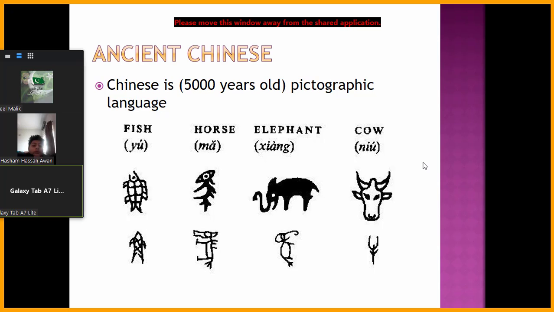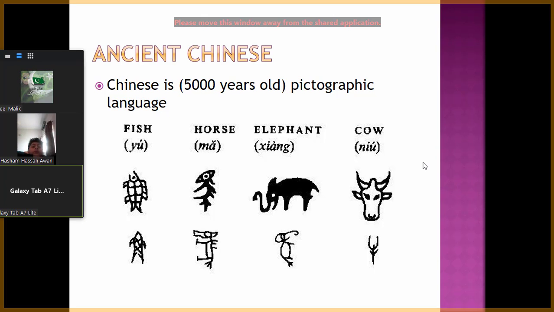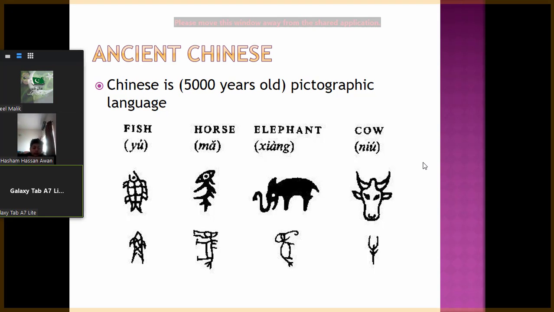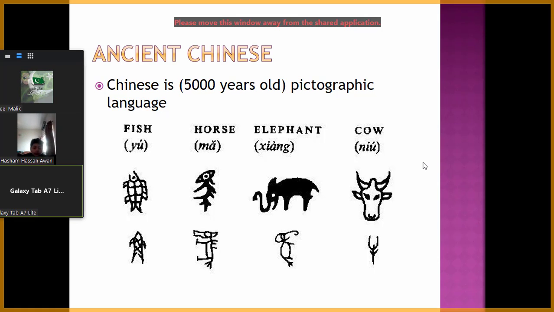This horse, before they were drawing the whole picture of the thing, like you can see elephant, xiang. When they had to write any word, they were drawing the whole picture of anything, right? But days passed and years after that, they simplified it. So why am I using the word simplified?